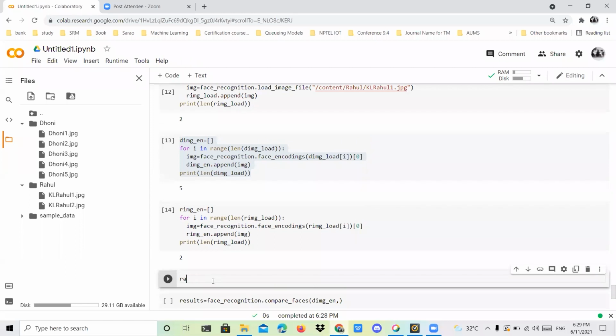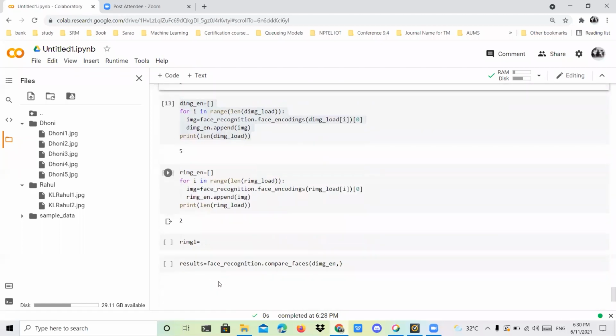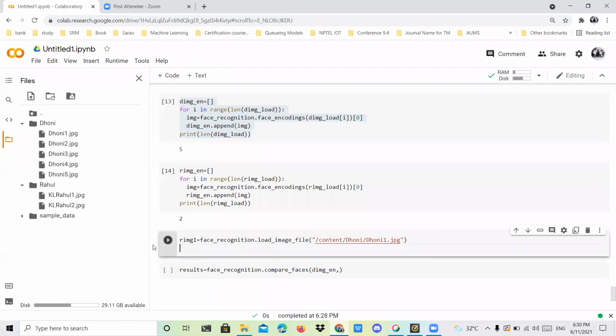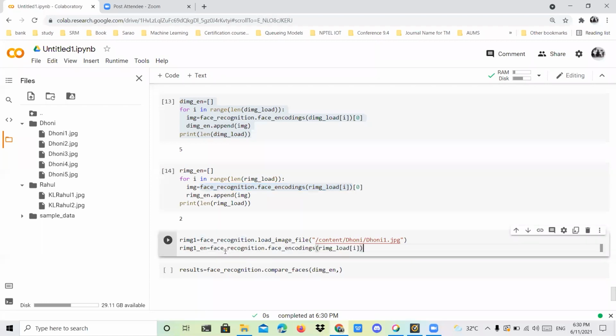So Rahul image 1 is equal to the image, and you can perform the encoding also here: Rahul image 1 encoding is equal to face_encodings of Rahul image 1, here you give it as 0.